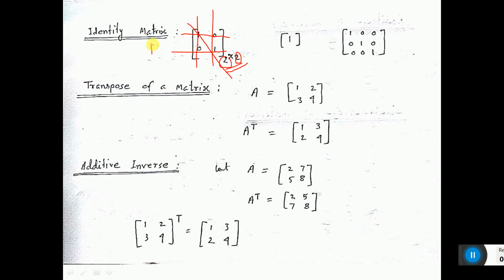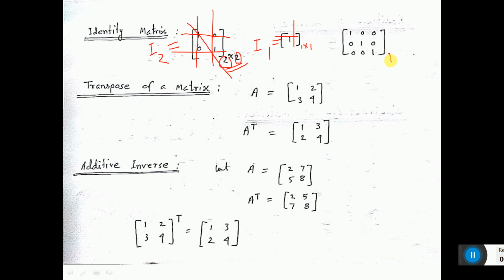You can denote it by I2. So identity matrix of order 2 is denoted by I2, and that is equal to 1 0 0 1. And this is the identity matrix of order 1, that is I1, equal to this. That means one row and one column, that is a 1 cross 1 matrix. This is the identity matrix of order 1.